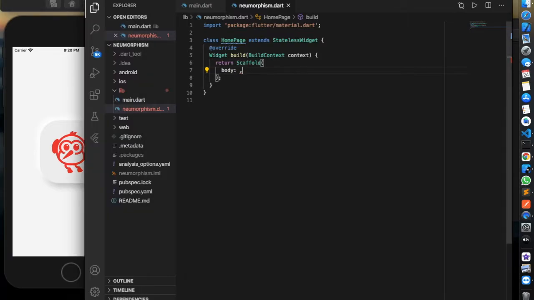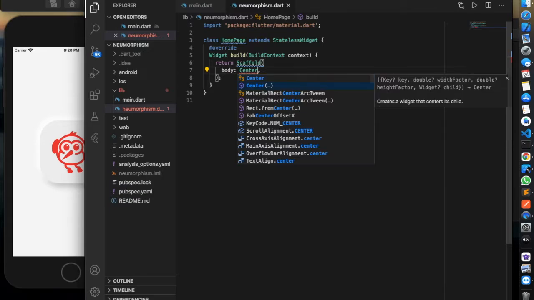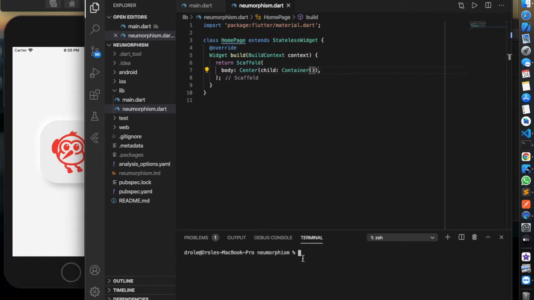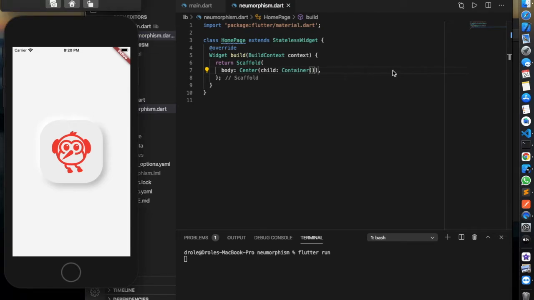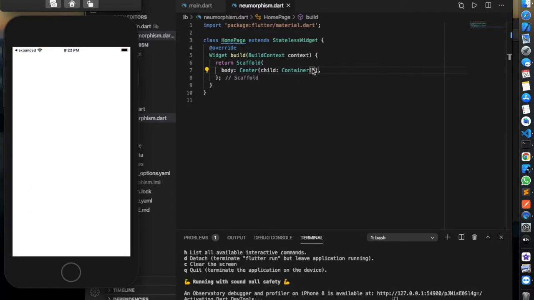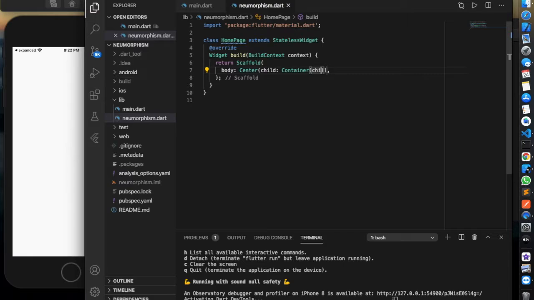Body, body container, center, child, container. Okay, let me run this. Okay, let us add a child and an